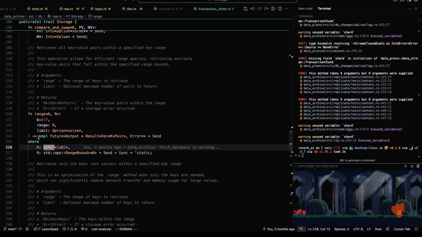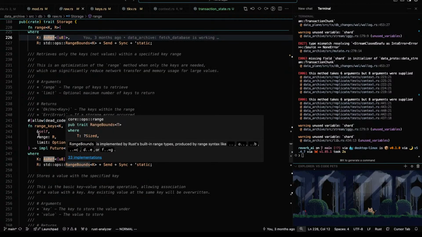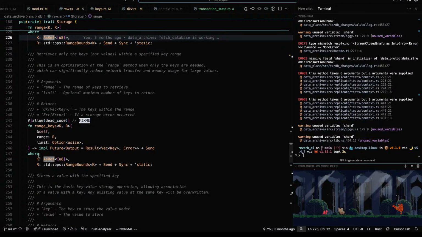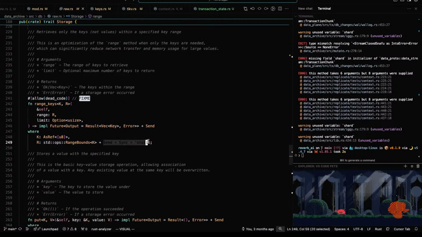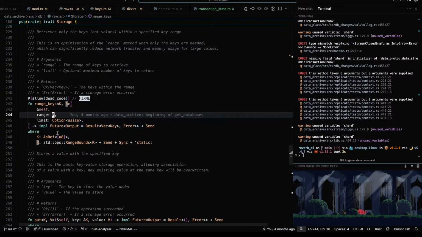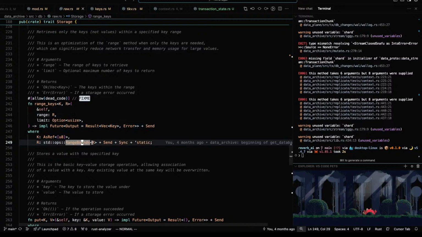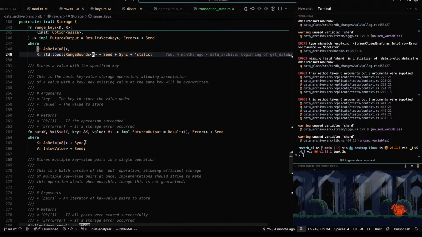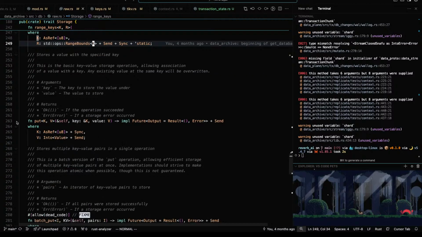As ref, like this would be fine. Range keys, as ref, okay. I think that's okay. It's going to be these pieces, the range bounds key. It's going to have to be owned. Okay, that's fine. I think this will all work.